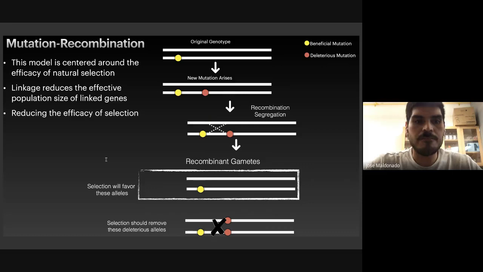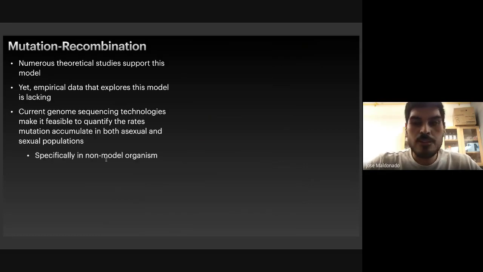Now, while there is a magnitude of theoretical support for this model, the empirical data is lacking, with fewer than 10 studies published investigating this model within asexual lineages. And of course, what's been hindering studying this model was the cost of genomic sequencing. But now that we can cheaply sequence genomes, and multiple of them, we can really investigate the mutation accumulation model, specifically in non-model organisms, which is perfect because the only true obligate asexuals that have clonal reproduction are found